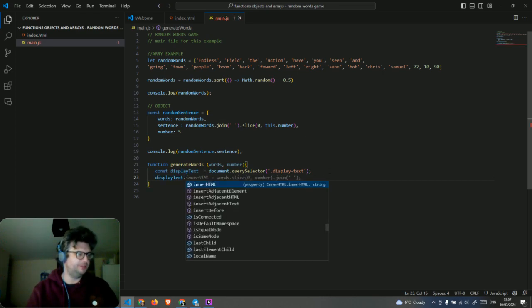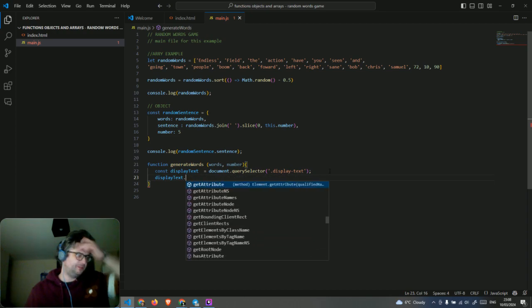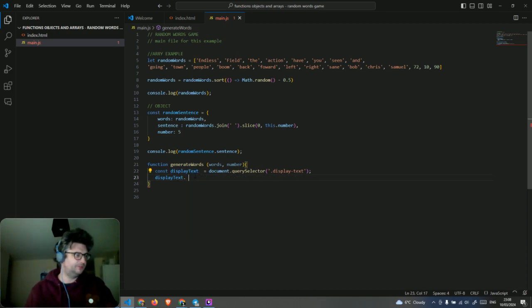Really shouldn't do it in the HTML. It should be more like set. It always says that, but I mean we'll do it for now. It doesn't really matter. So text content, yeah, that's actually what it should be. It doesn't need to be that, but I'm gonna